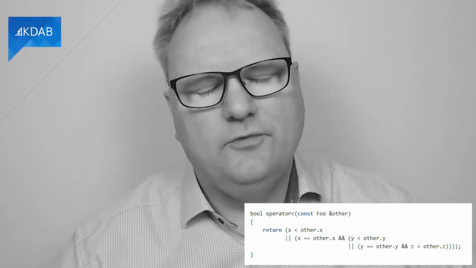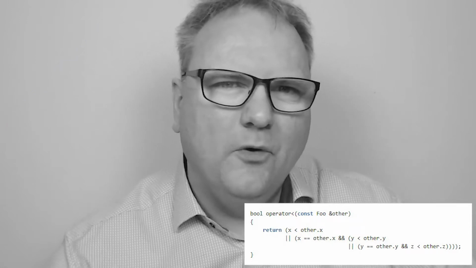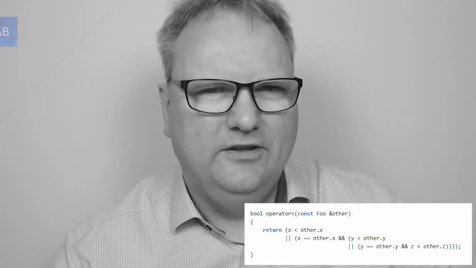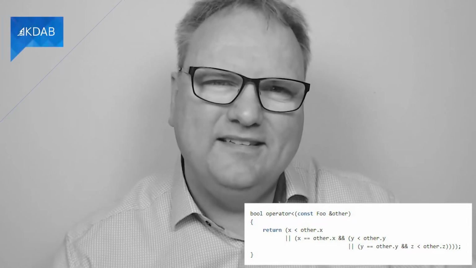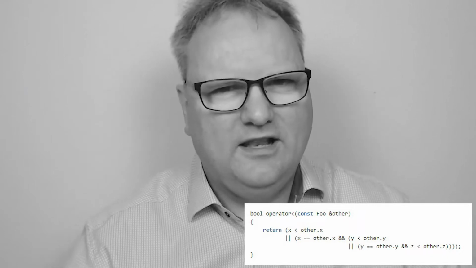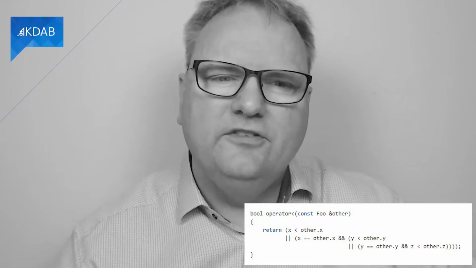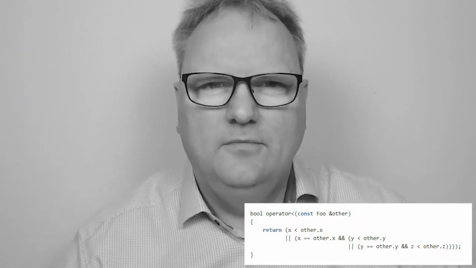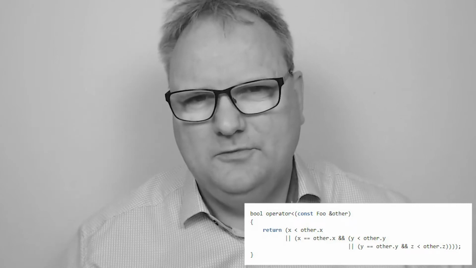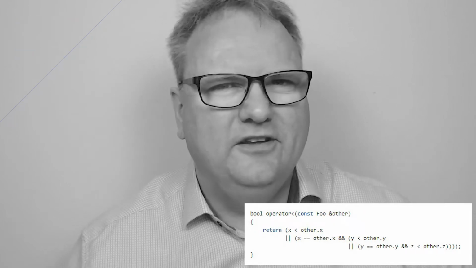First of all, my class wasn't called foo. And second of all, I formatted the code so that it was easier to read. Clang format definitely did not help with this code. But what it reads here is that if x is less than the other's x, then of course the whole class is less than. Otherwise, if x is equal to the other's, then it's if y is less than. Otherwise, if they are the same too, then it's z that matters. And just imagine this code continuing on with a few more instance variables.